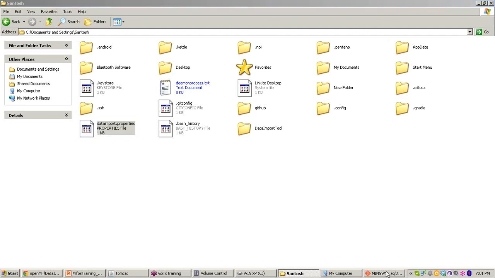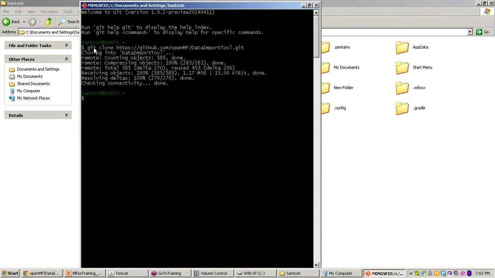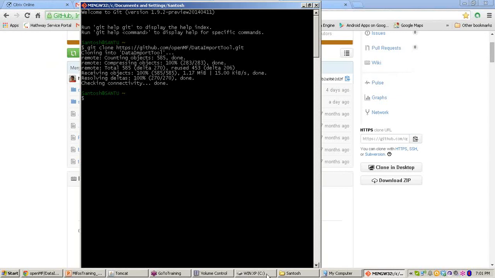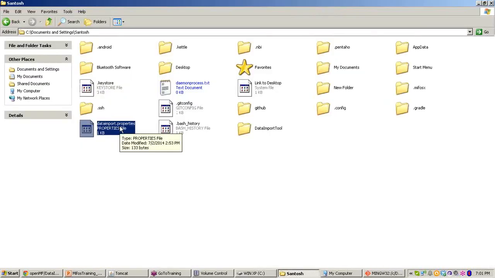Third, using git, we ran the command git clone and copied the clone address of the repository by using this link. And finally, creating the file data import dot properties.